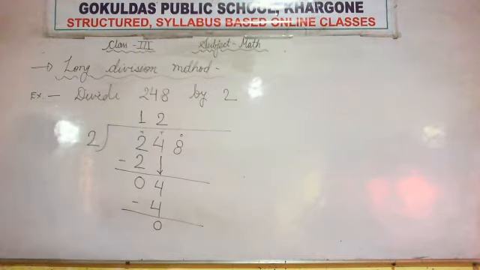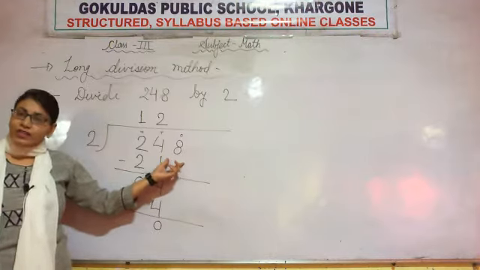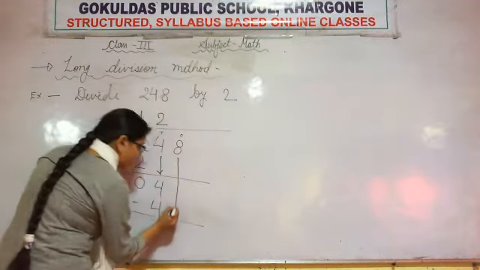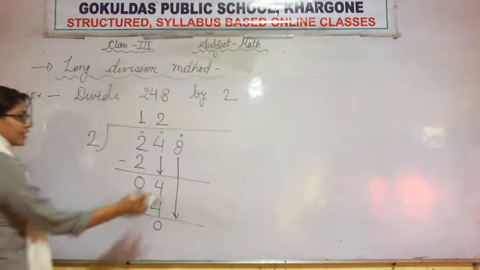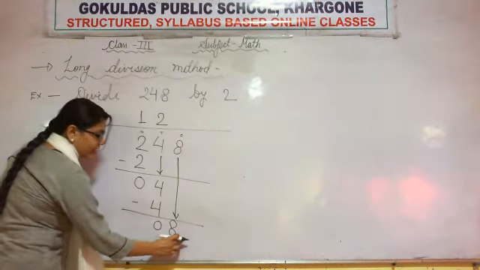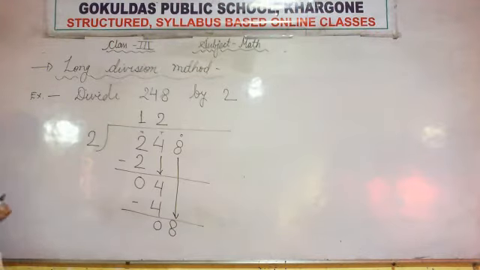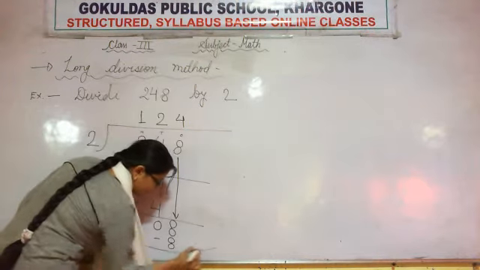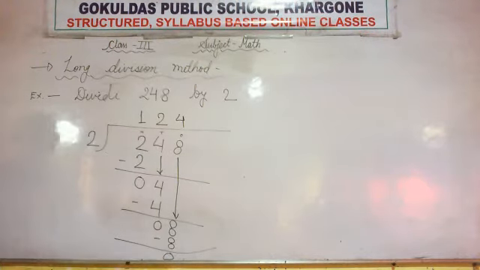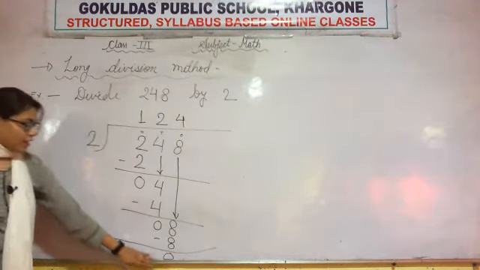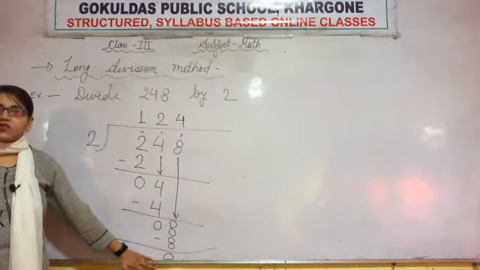We are done with the tens place also. Now our next place is the ones place. So we will bring down our next digit as it is. Our next digit is 8, so we will write 8. Now we need to divide this 8 by 2. So 2 4s are 8. 8 minus 8 is 0. Now is any number left? No number is left, so no need to bring down any number. So we got 0, and here we will stop our division process.